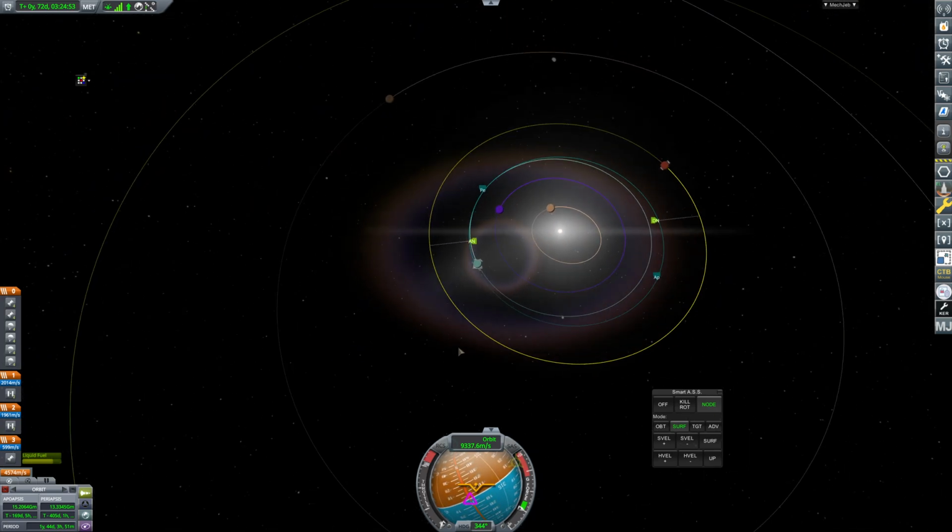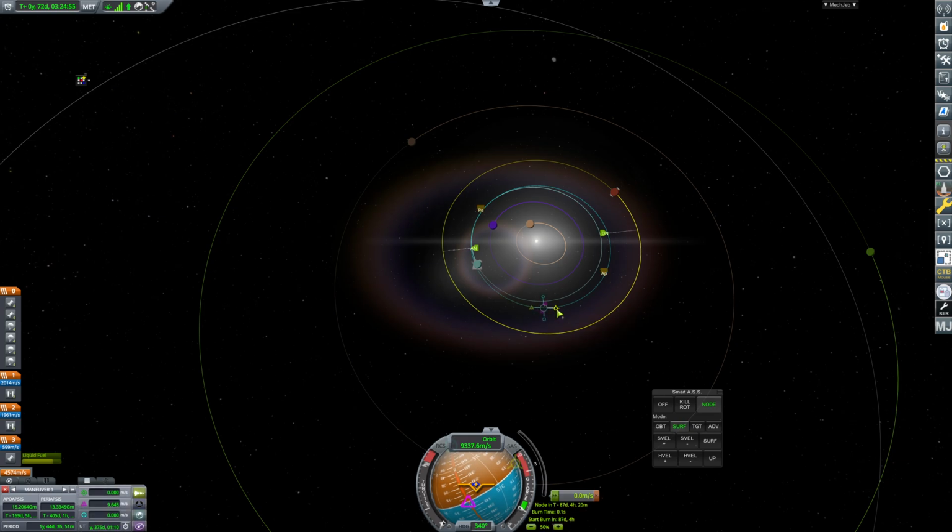We are now in plane with Duna, and the question is, where do we have to go to get an encounter? So burn time here is a little awkward for sure. Probably have to phase in orbit. Yeah, we got to phase in orbit. So we're going to phase one orbit here, and that's going to end up being about right here, but we need to change our velocity a little bit, which means our timing will need to change, and it'll end up being something more akin to...